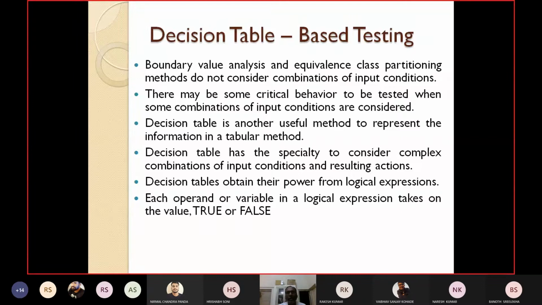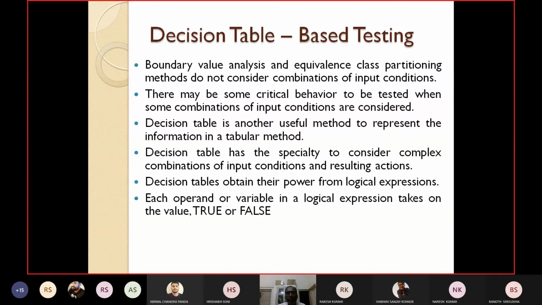When such important combinations of input conditions are there, boundary value analysis and equivalence class partitioning fail.